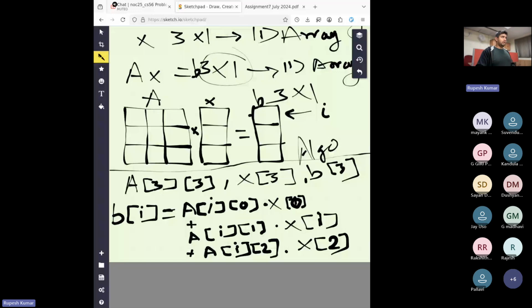So I have integer array A, a multi-dimensional array of dimensions 3, comma 3, and let's give values to this array. The first row contains the values 1, 2, 3. The second row contains the values 2, 3, 4, and the third row contains the values 3, 4, 5. So this is the matrix A. Let's declare the vector X, which is a three-dimensional vector. Now let's assign the values to this vector. Let's call it 1, 2, 1. And then let's create the output vector B, where we will be receiving the value.